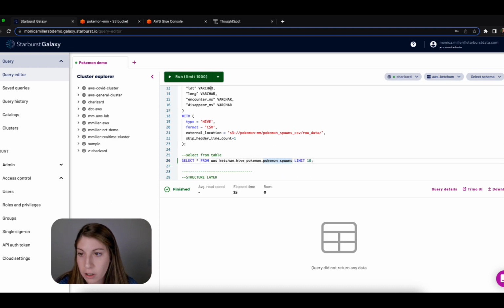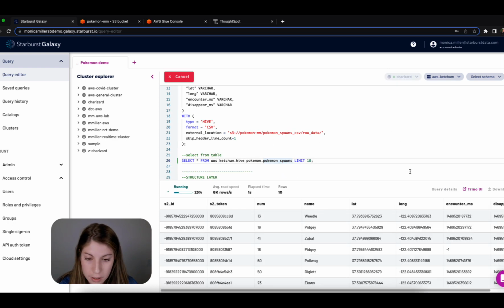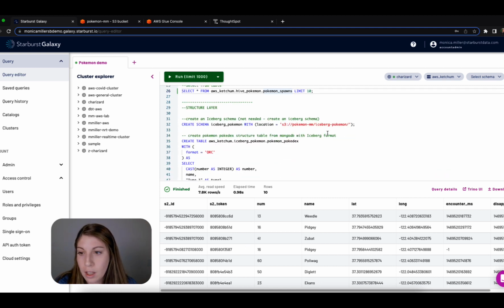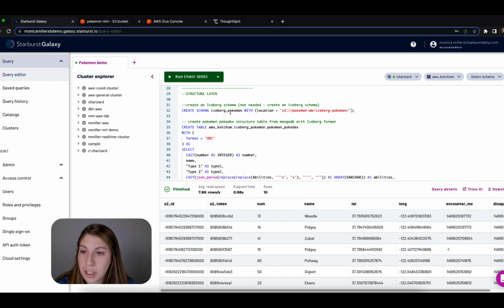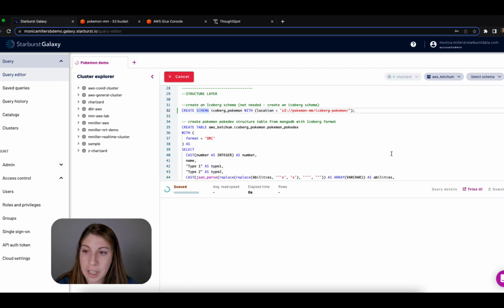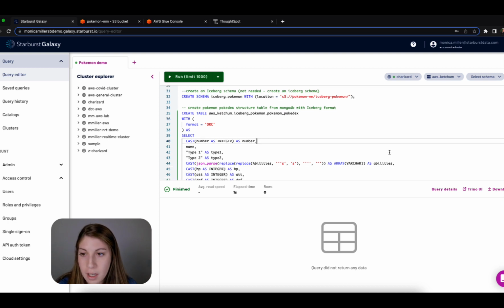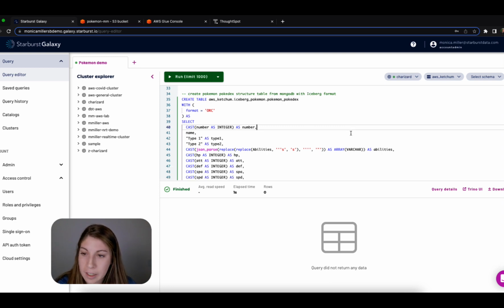So that's all ready to go. Let's run it. Here you can see all of the same information from that CSV we looked at previously. Moving on to the structure layer, first thing I want to do is create my schema for holding all of my Iceberg tables. The next thing I want to do is create the Pokédex structure table from MongoDB in Iceberg